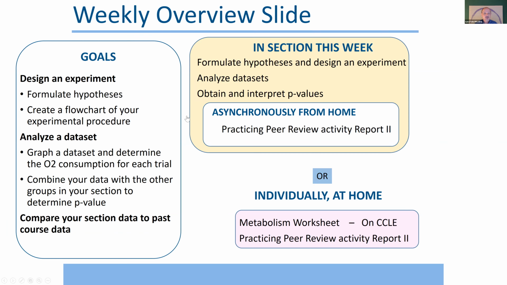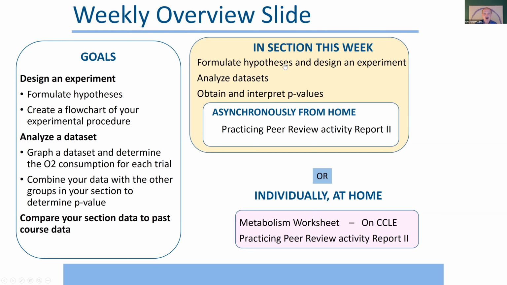So the goal for this week is, again, to formulate a hypothesis based on the data, and you have to figure out how that data was collected. And then from the lab manual, you create a flowchart of the experimental procedure. That's how to familiarize yourself with how the data was actually collected. Once you get the raw data, you're going to analyze it, so you're going to learn how to go from raw data to descriptive statistical data. And then I'll come back to the raw data versus descriptive data, because that's important for your report.